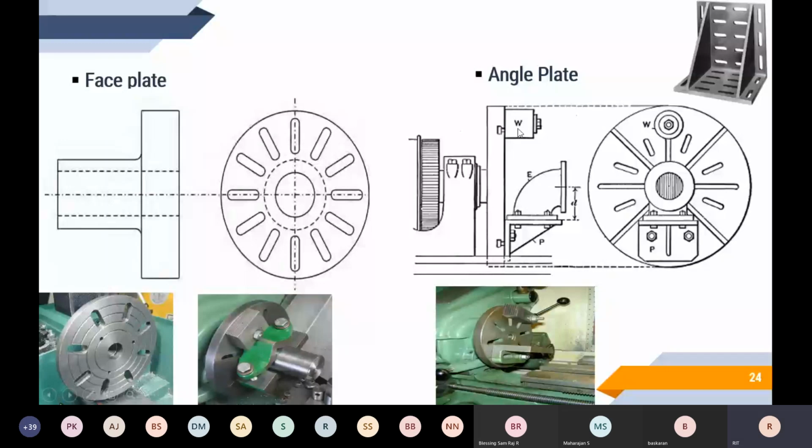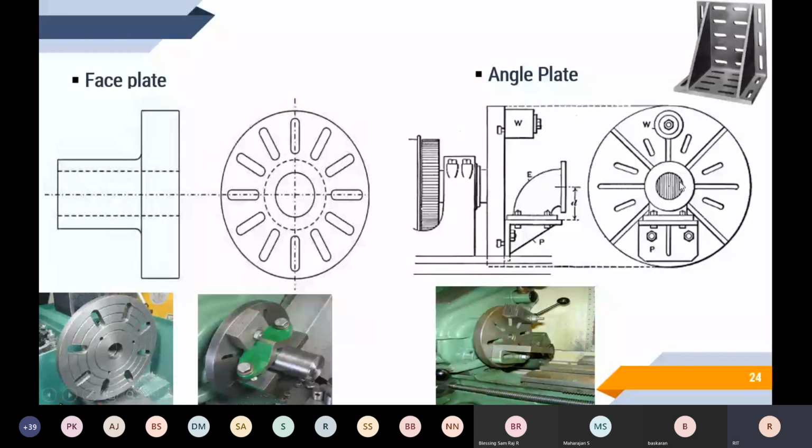And another thing is the angle plate. The angle plate is made of high quality material that has been stabilized to prevent further movement or distortion during machining. You see the job, it has two accurately machined faces at right angles to each other. So this is the angle plate where we can easily fix one end of the job, and the other end is mutually perpendicular. This is one axis, this is another axis. When you rotate the spindle, the job will automatically be machined.